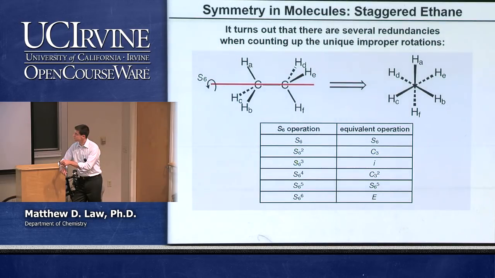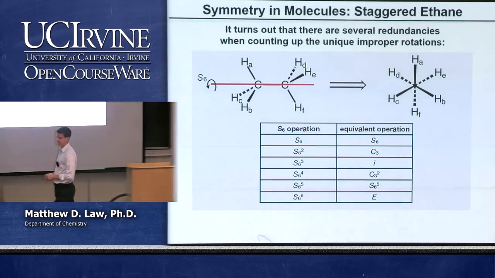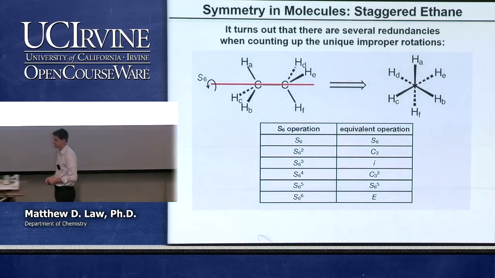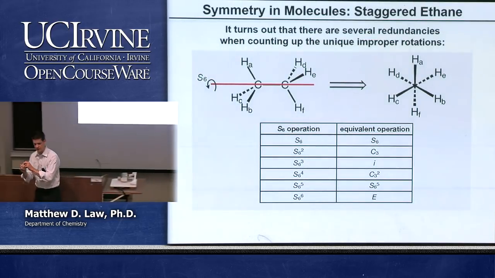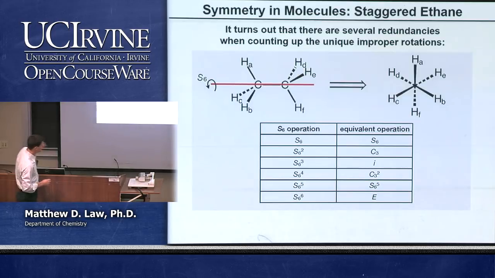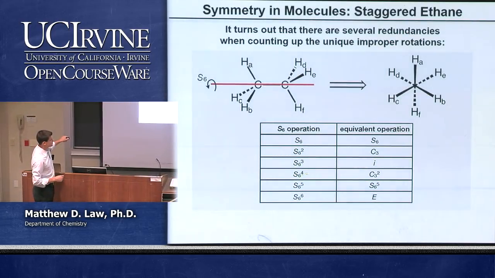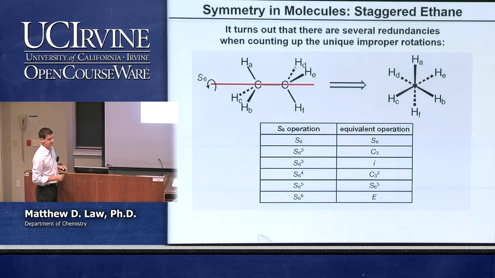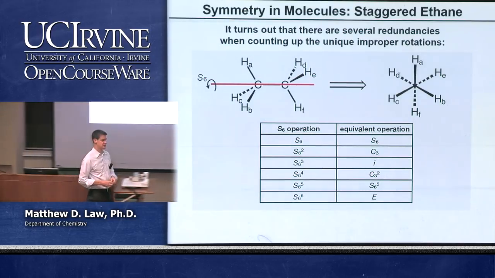Doing it 3 times, right, is just an S2, and we've already said that an S2 is the same thing as inversion. Inversion can be understood by doing a 180-degree rotation and a reflection. That gives you the same exact result as doing the inversion in a so-called single step, right, bringing everything through the origin. Okay? What if you do it 4 times? Well, that's the same thing as doing a C3 twice. If you do it 5 times, that's a unique operation. Okay? We haven't previously described one that's going to do that.